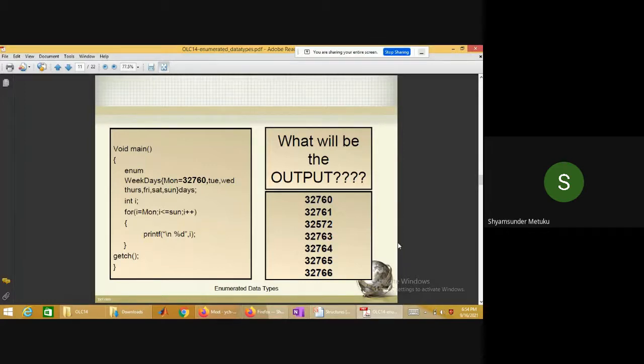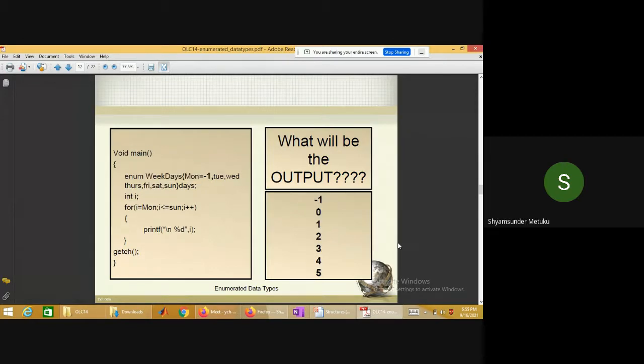Generally we don't use such higher numbers. If you take months as a reference, maximum 12, weekdays as a reference, maximum 7, maybe rainbow colors, maybe 7, something like that, related to simple things where the varieties are not more than 10 or 20. In that case enums are more suitable, but higher numbers generally we don't use.